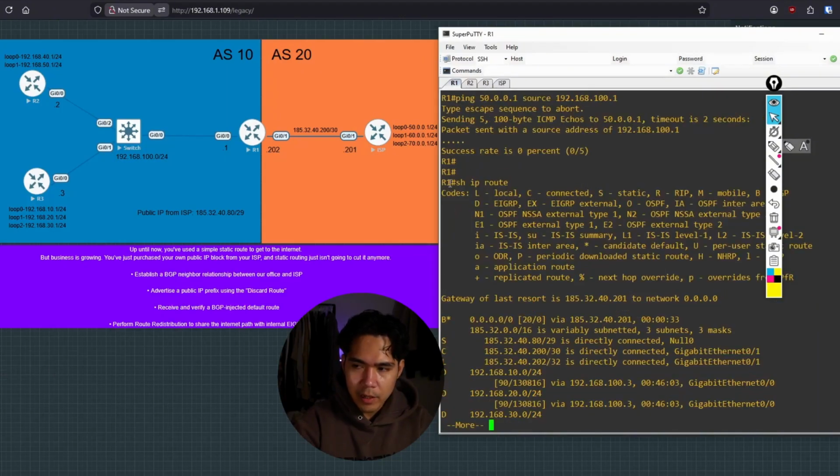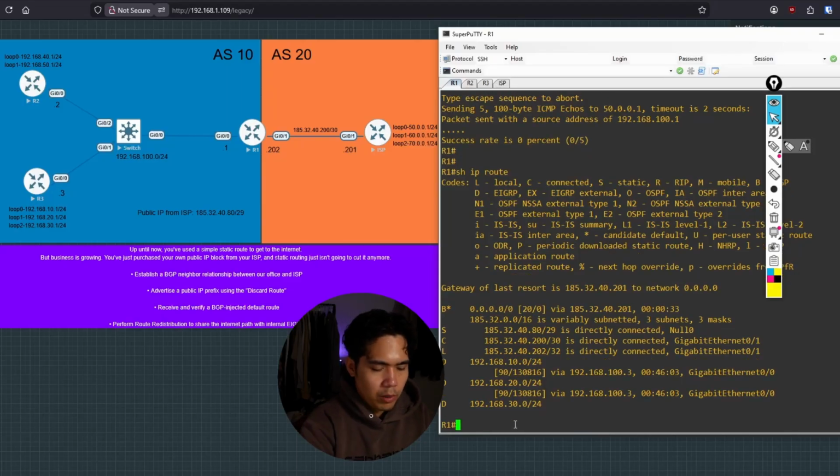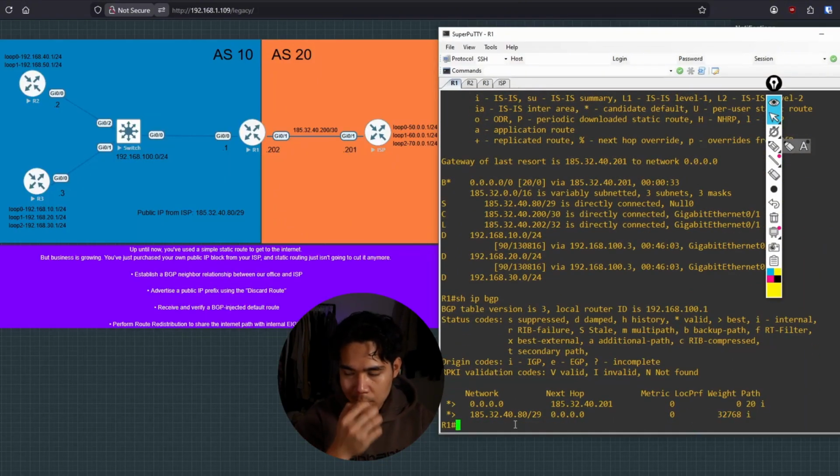Now I'm in R1, I've just run show ip route. As you can see, we get a BGP route here with a star or asterisk. You can see the default route here. The administrative distance is 20, this one we're not gonna touch. You can see B star here and not S star because it received this from a BGP update from our BGP neighbor. So if we run a show ip bgp, you can see both routes here,